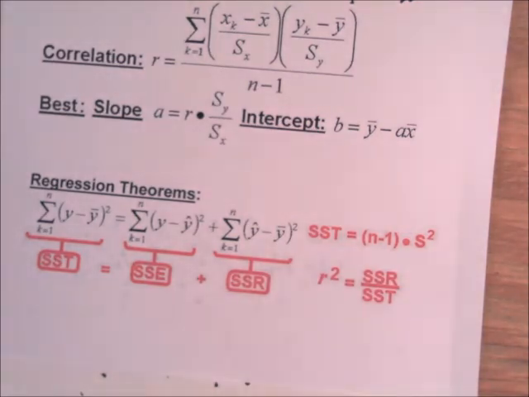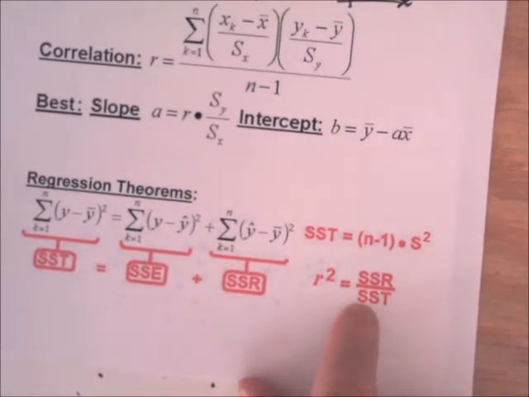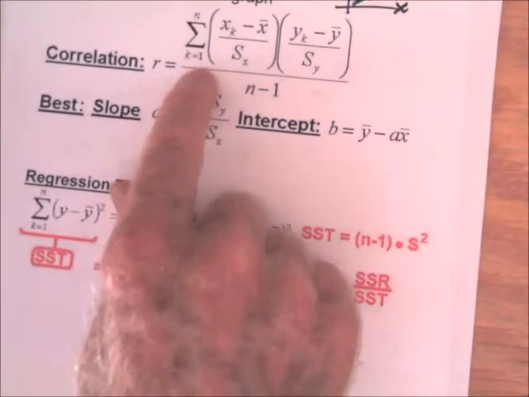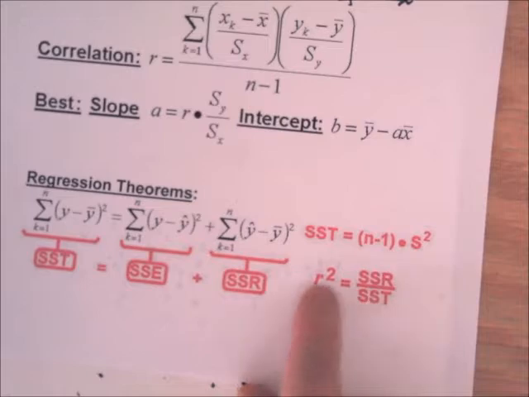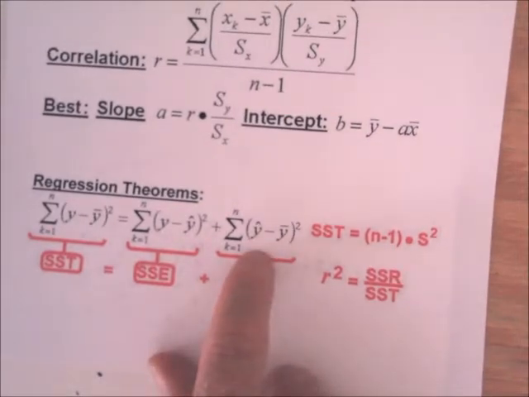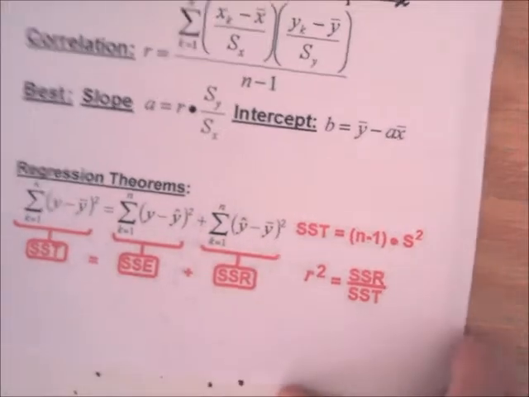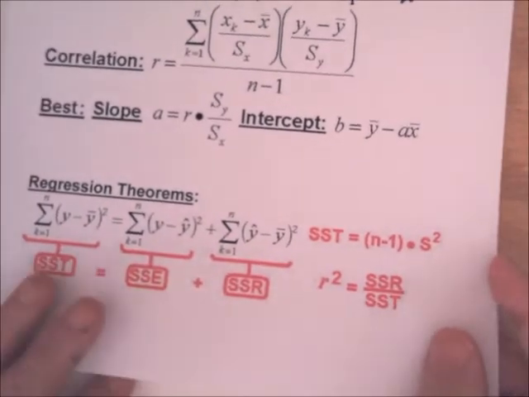So anyway, the total sum of squares can be broken down into two pieces, and r squared, that's the correlation coefficient squared. Another way of computing that is this SSR, this sum of squares here, divided by the total sum of squares. Okay, so